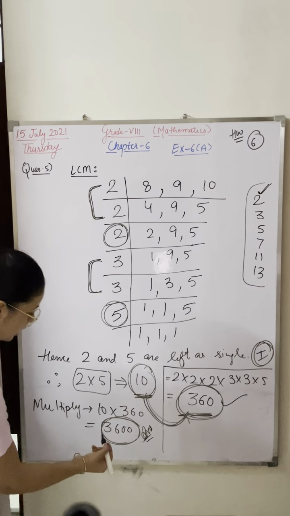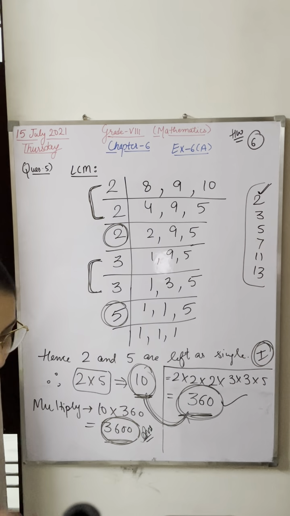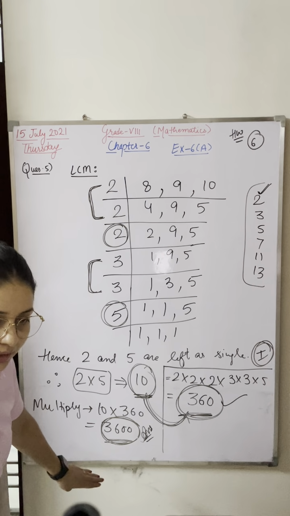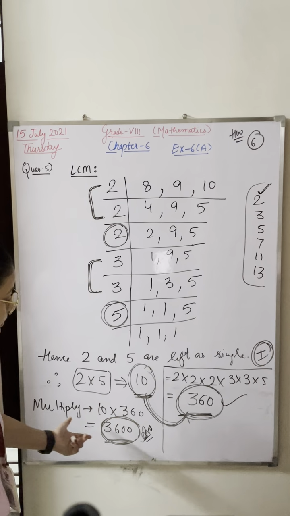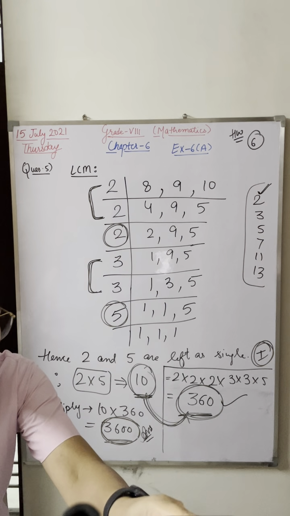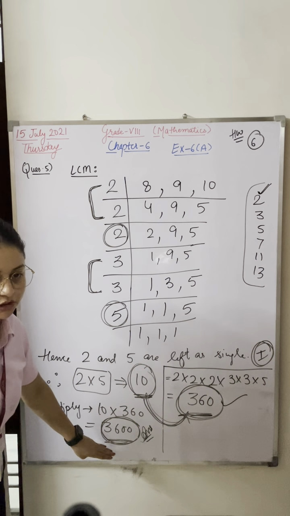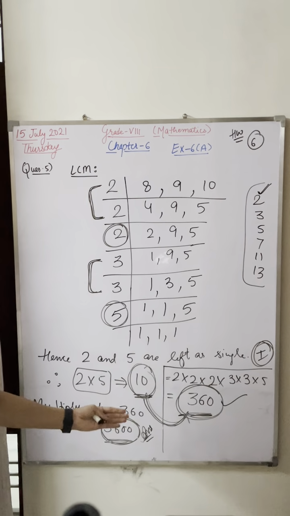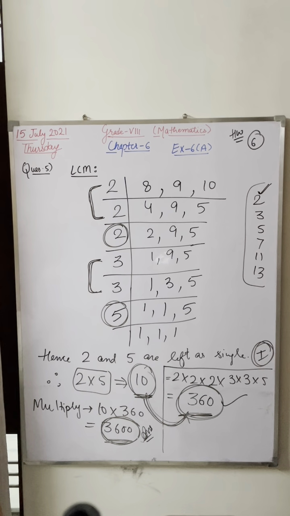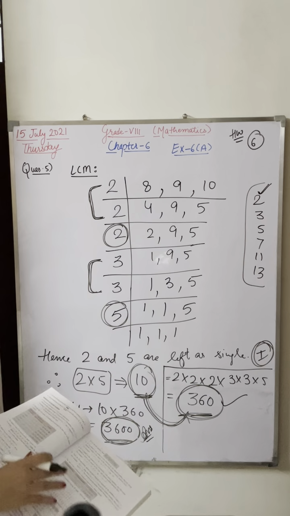Avika, you have to write down this as the answer. That's it. You don't have to mention anything. The thing which I'm telling you, that 3600 is a perfect square, you can mention or not mention, that is not required. If you mention after writing 3600 that hence my answer is a perfect square, it is very good. If you do not mention it, I can still give you full marks. Clear everyone? Okay.